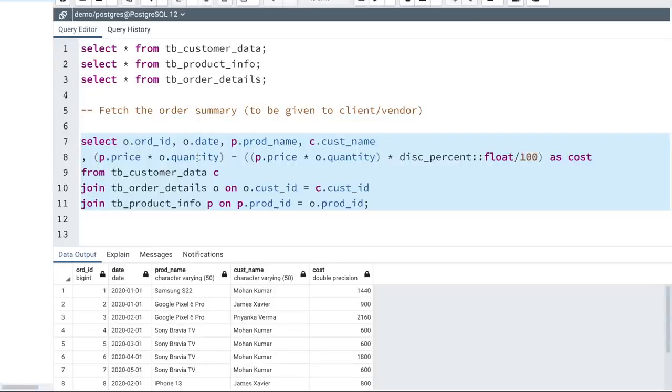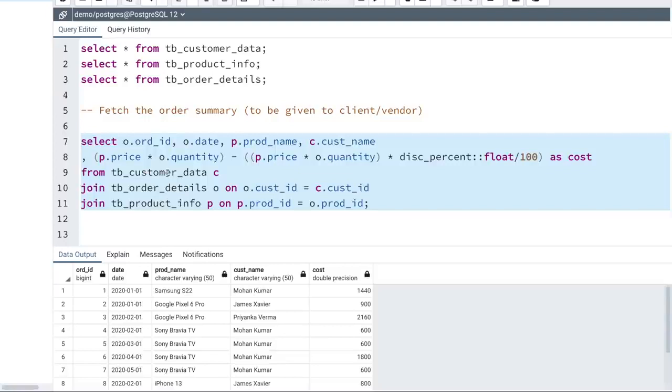But the problem with that approach is that you will basically be sharing all the confidential information, because you will be sharing the table names in your database, which you'd never want to do. So whenever you are working on a project, you would never want any external party or client or any vendors that you're working with to know what your internal database structure is or what is the logic that you have used to generate a report, or you do not want to share any confidential information, because when you share this